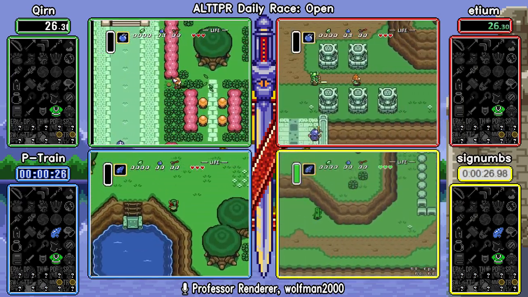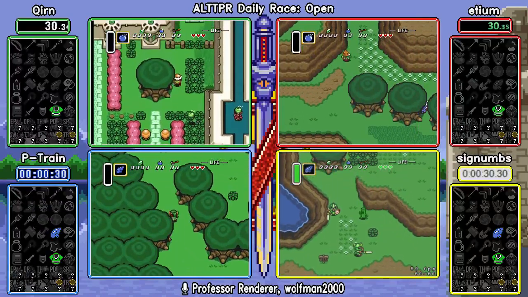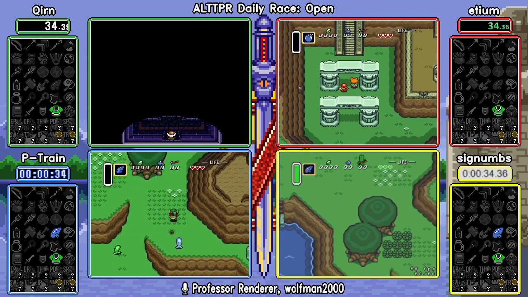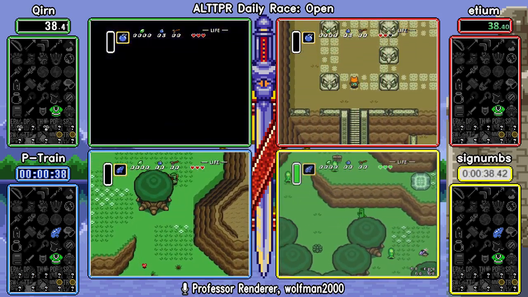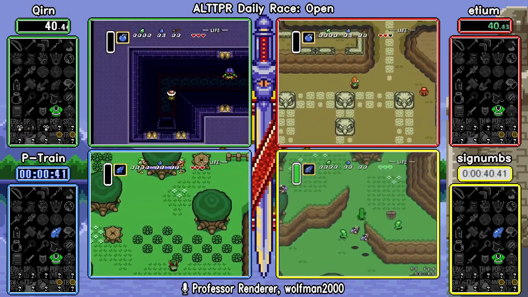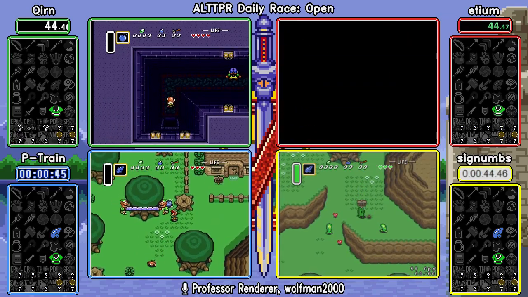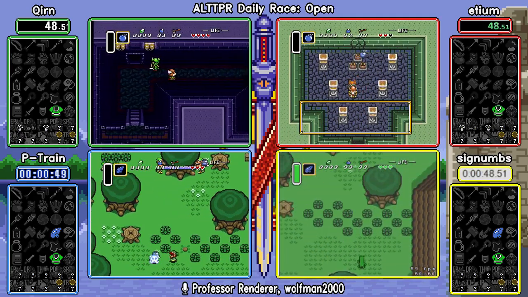Gotcha. And we also did get a... yeah, did you catch those pendants and crystals? I did not see that. I might need another match check for that. Alright, I thought I caught them, and I think it was Eastern Palace and Tower of Hera that actually had pendants. And, ooh, bush crabs with bombs, that's nice. And Etium heading to...